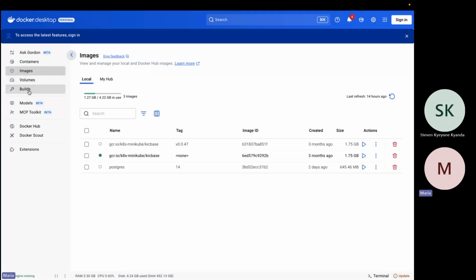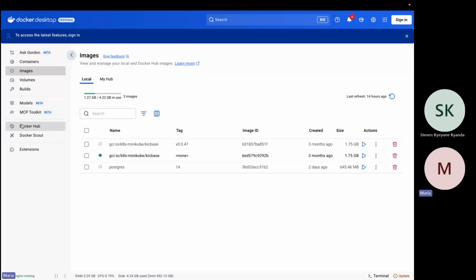But sometimes it's important to know these commands as a DevOps person, because you should always live on the command line, on the terminal. It looks weird for a DevOps person to manage stuff via the graphical user interface. So that's the reason why we're going to go through some of these commands, but you can always manage them from here. I'll also show you how we can do that.